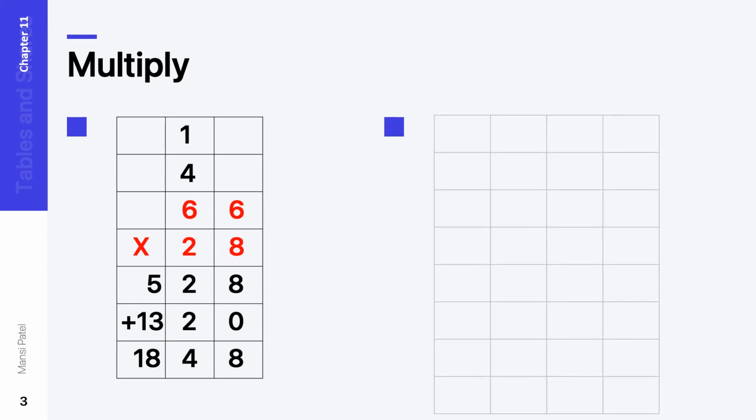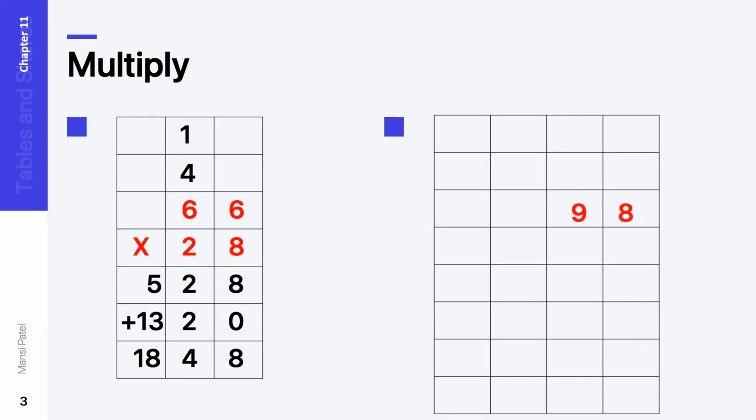Let us see the next example. In this we have to do the multiplication of 98 multiplied by 79. Now again in this question we are going to start the multiplication of 9 and 8. So 9 eights are 72. 2 we have to write down here and 7 we have to write down in the carry. Then 9 nines are 81. 81 plus 7 is 88.